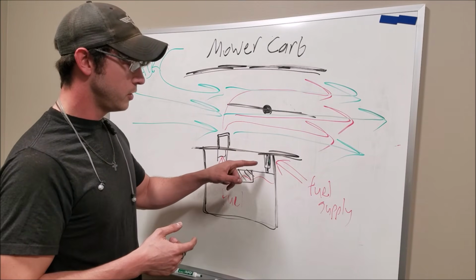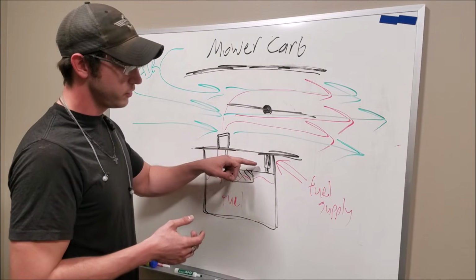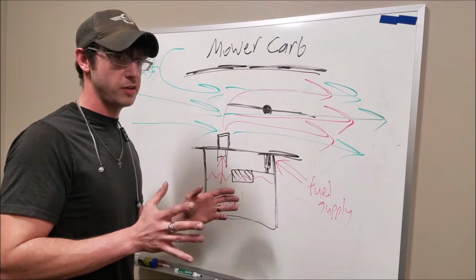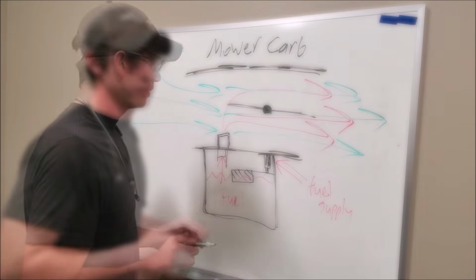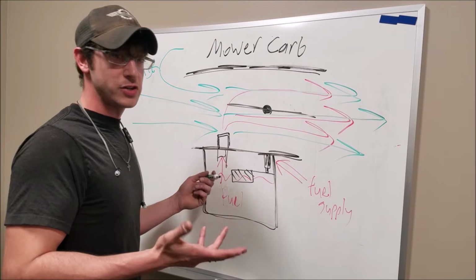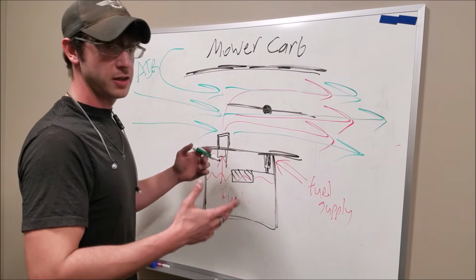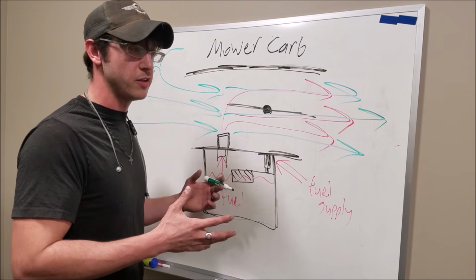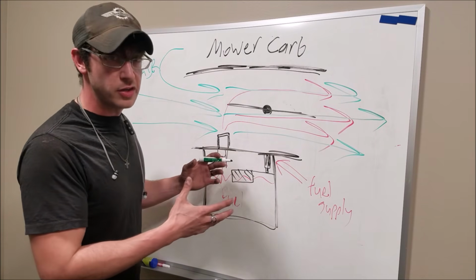And then the other restrictor is our needle and seat. Now this was originally a gravity-fed carburetor, so the needle and seat on this compared to a Holley, they're actually extremely similar in size, so I don't think we're going to have an issue in that regard. Now the other thing that everyone keeps bringing up is that it's going to be way lean. I'm not really sure why a small carburetor correlates to something being way lean. And you know what, give me a second here, I'll draw this up and we'll explain why this isn't going to be the case. You know, potentially, but in my theory it's actually going to be rich,